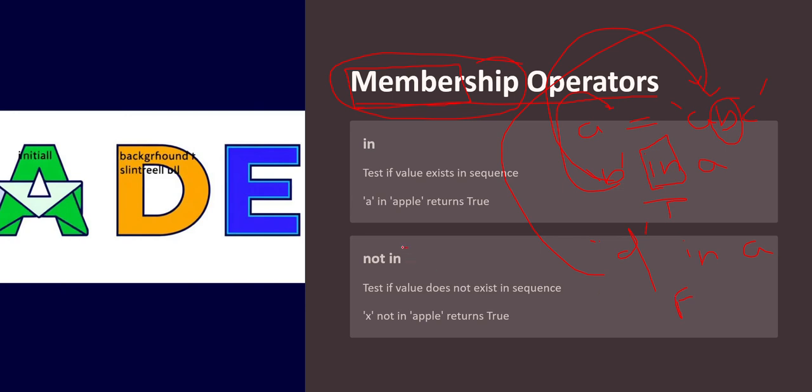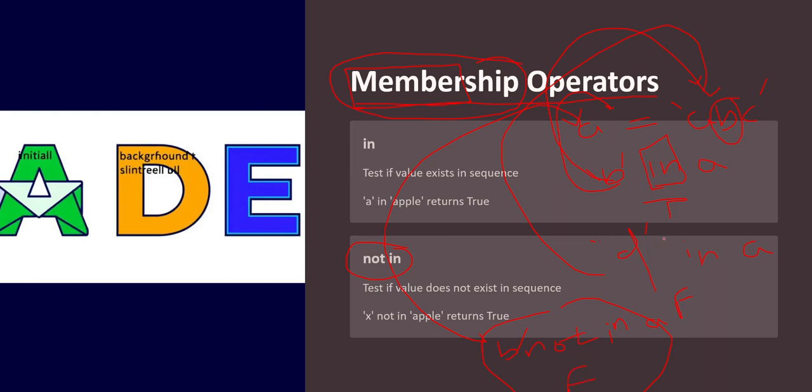Now in this, we also have another category, that is not in. Now not in is the reverse of the in operator. That is, if I am doing b not in a, you can see b is a part of the sequence, right? I'm using not in, I'm checking the value is not a part of the sequence, but the value is a part of the sequence over here. So what will I be getting for this? It will be returning me false.